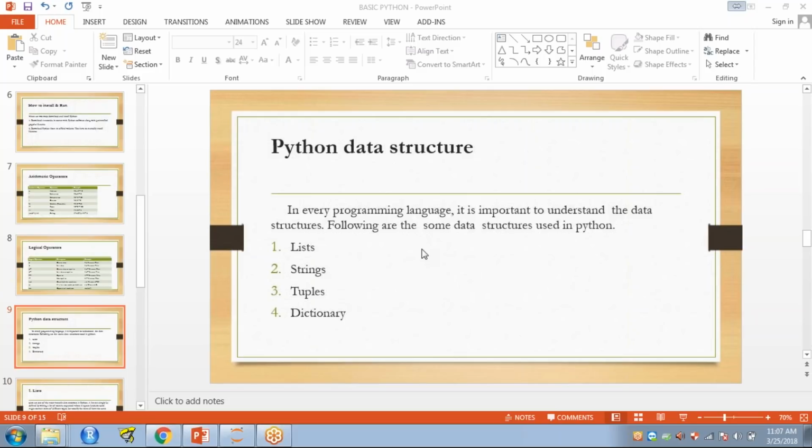Like that, we have four different data structures in Python, and in every package there are different data structures, but these are the basic data structures of Python. It has four different data structures: list, strings, tuples, and dictionary. So when we talk about list, it is just a